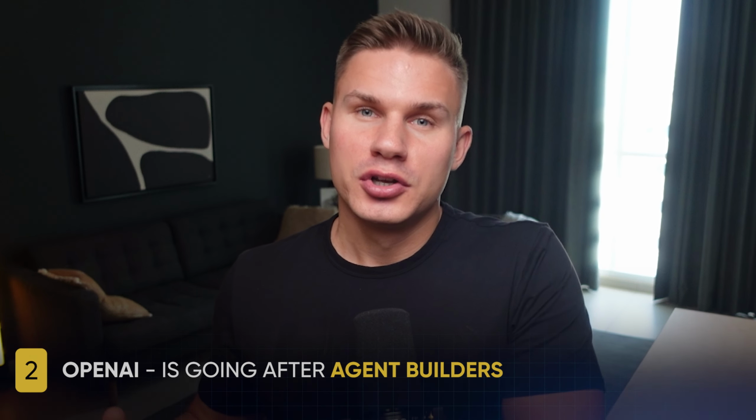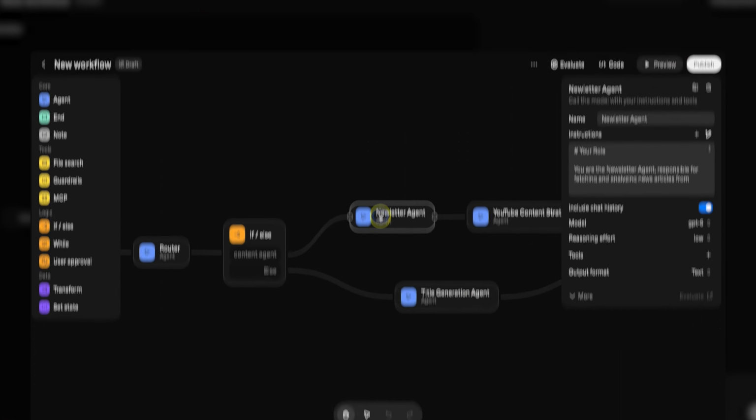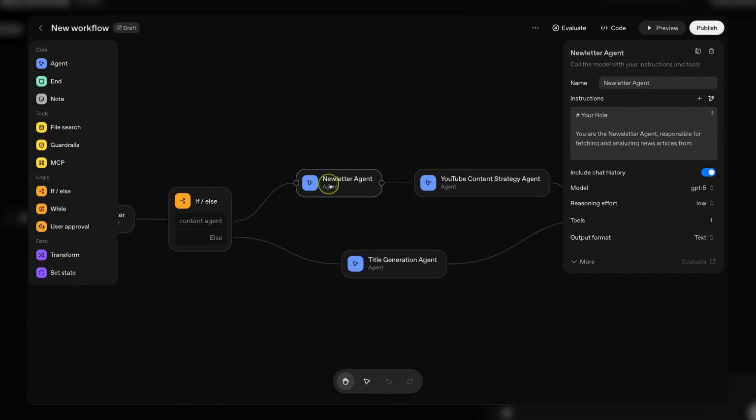And the second thing that is clearly evident from this release is that OpenAI is going after agent builders. So although, of course, the first version of this agent builder is still pretty simple, over time, the process of building agents is going to get completely automated. So in order to adapt for this, you need to understand that building AI agents was never the challenge. The challenge was, number one, knowing what to build, and number two, deploying AI agents to production. Knowing what to build is actually a lot harder than building AI agents yourself, even today.